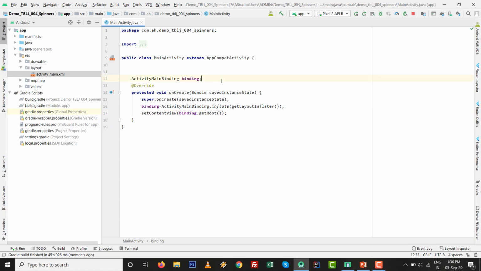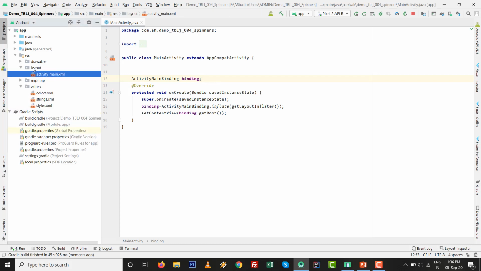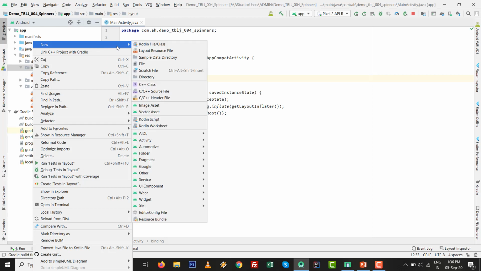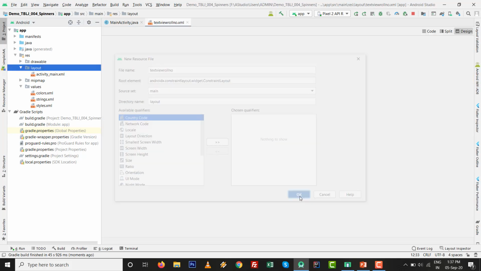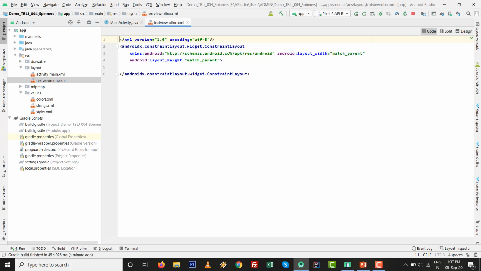After that we are going to perform our coding. Before we start the coding, we need to customize this one. So customize layout we want to make, go to layout, new file, then text view, then you can give the name, likewise it is for the roll number, then text view roll number, click on OK, and simply go there and remove this constraint layout.